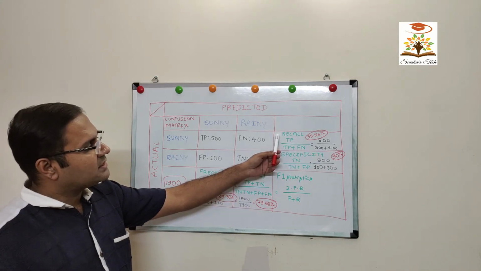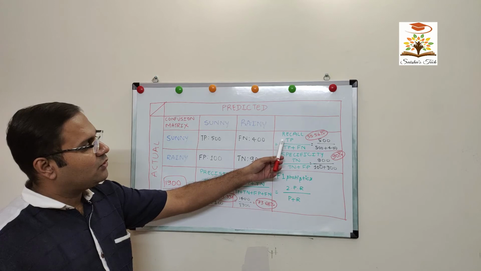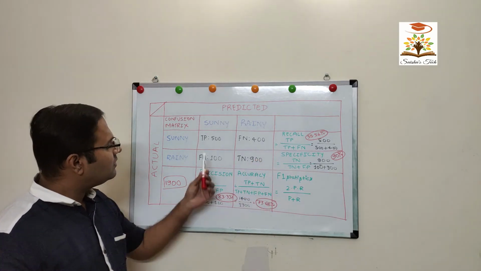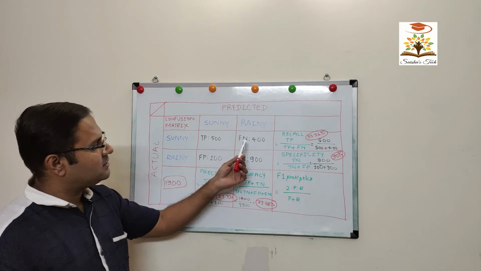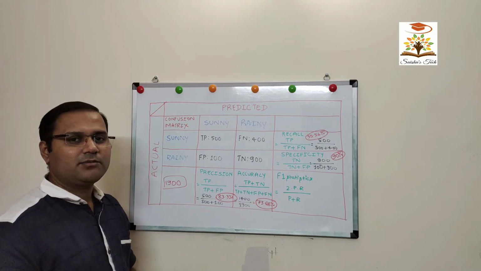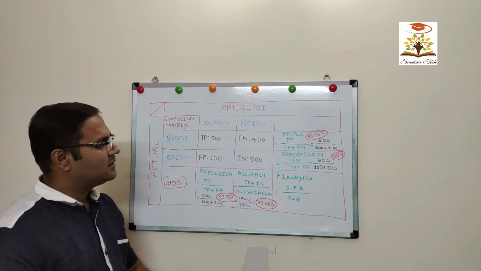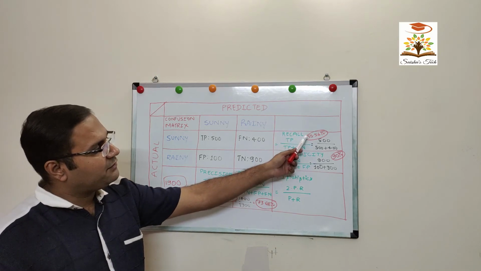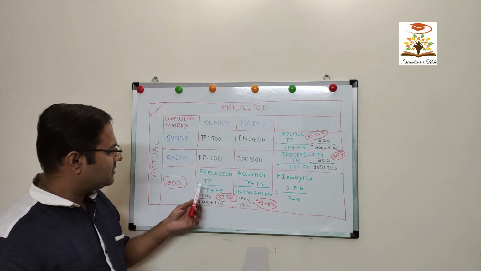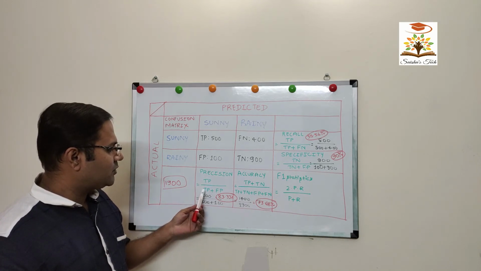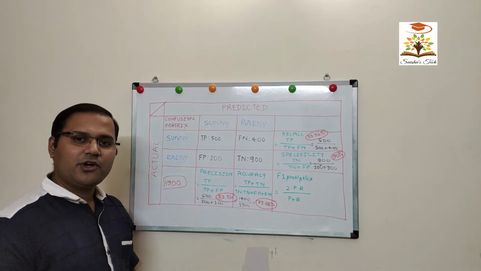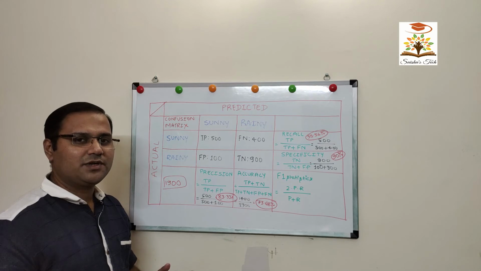The recall is calculated by the formula true positive divided by true positive plus false negative, which is equal to 500 divided by 500 plus 400. I have multiplied by a factor of 100 to convert the probability values to percentage. Hence, the recall is 55.56%. Similarly, precision is true positive divided by true positive plus false positive, which is equivalent to 83.33% after substituting the values.